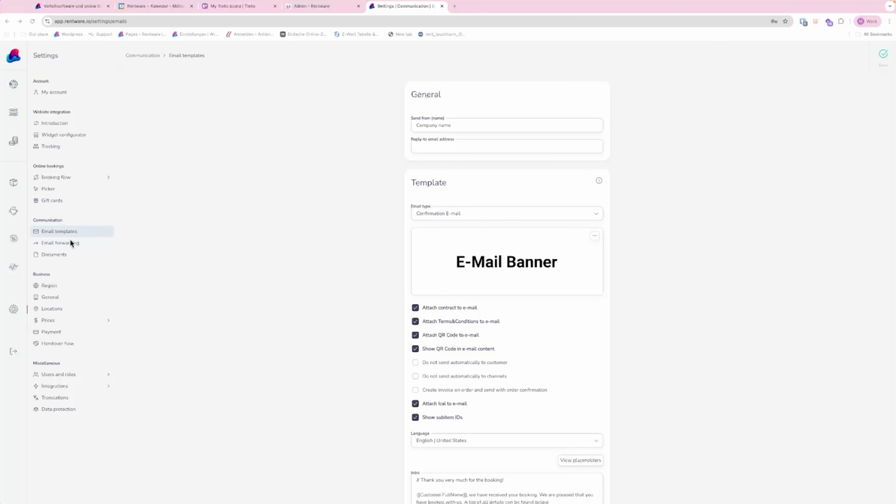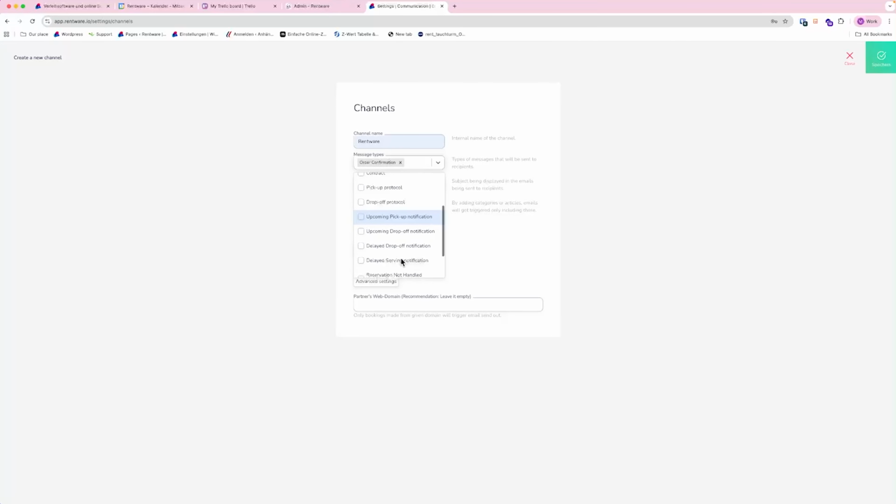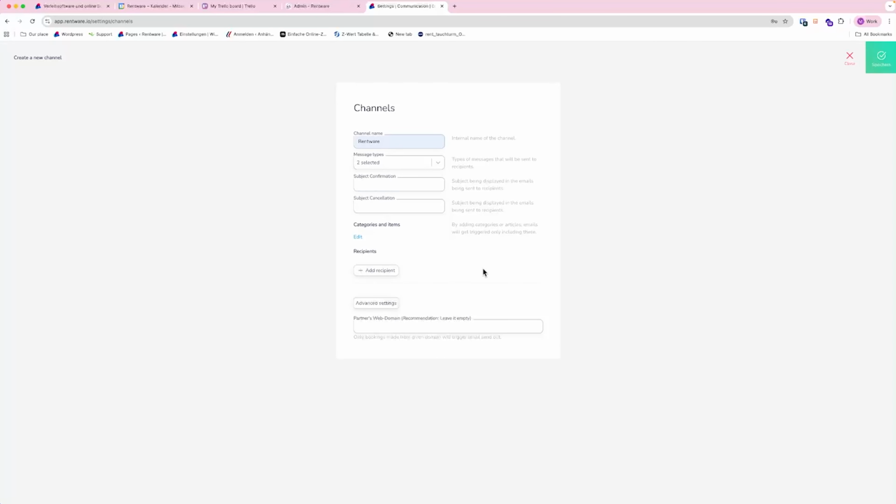The next point in your settings will be the email forwarding settings. So you can create a channel where you give the channel a name and choose which kinds of messages you would like to get copies of. So if the customer gets an order confirmation and you want to have a copy of that in your email as well, you can choose that. You can choose this for all sorts of emails that are outgoing from Rentware, so you can make sure that everybody's getting the right